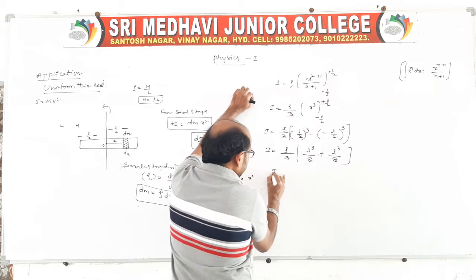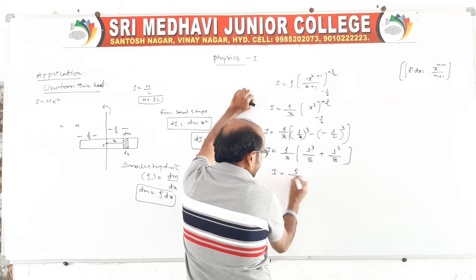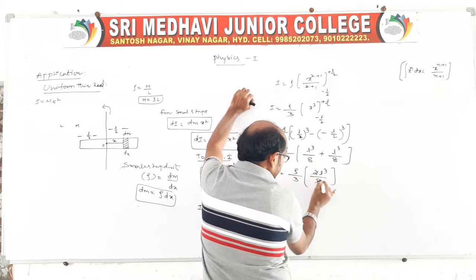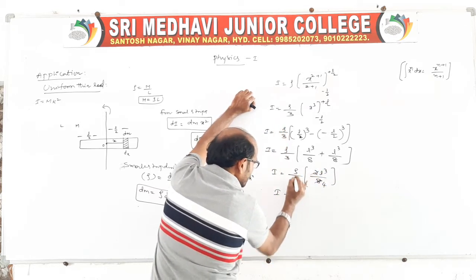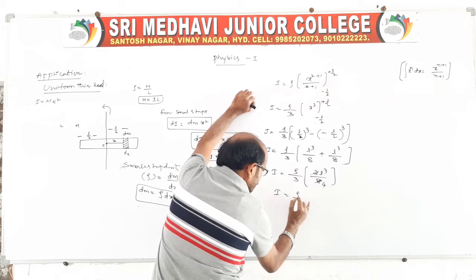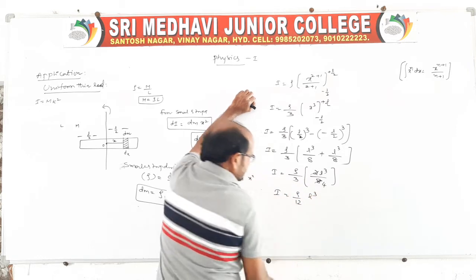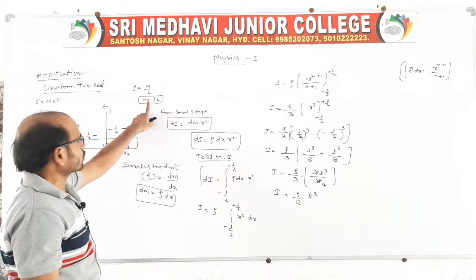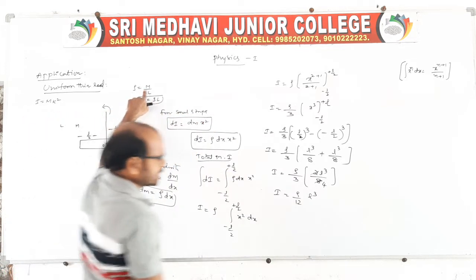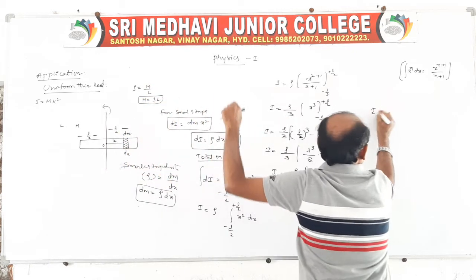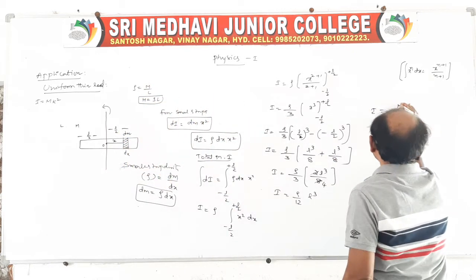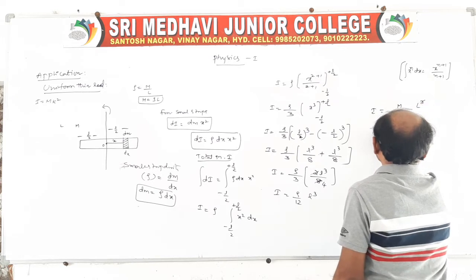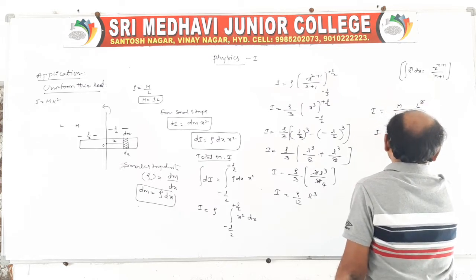So moment of inertia is equal to rho by 3 into 2L cube by 8. So 2 ones are 2, 2 fours are 8... so I is equal to 3 into 4, 12 L cube. Sir, what is rho? Rho is nothing but mass per unit length. So here I is equal to mass by 12L into L cube. L L cancel. I is equal to ml square by 12.